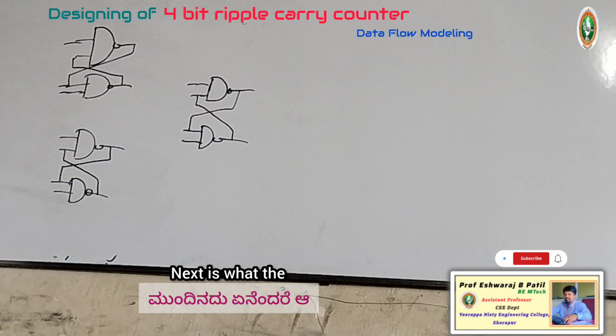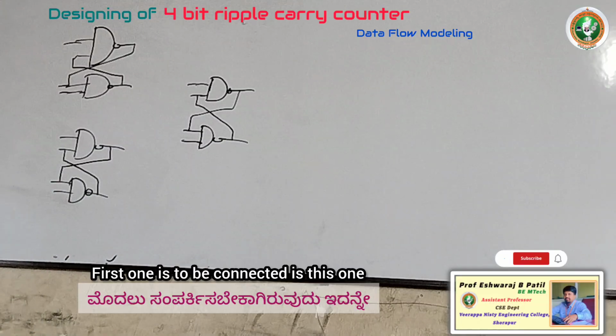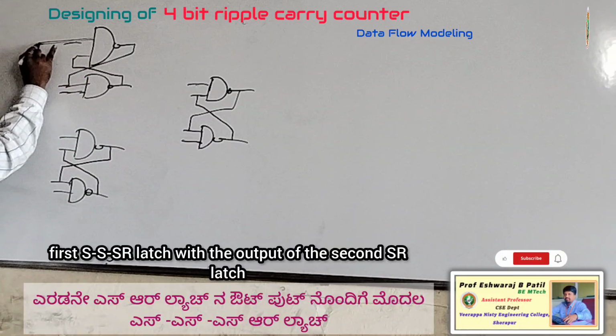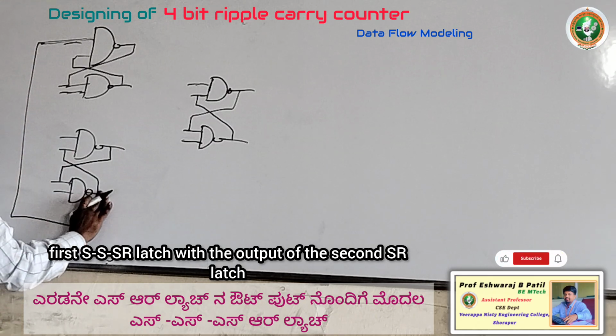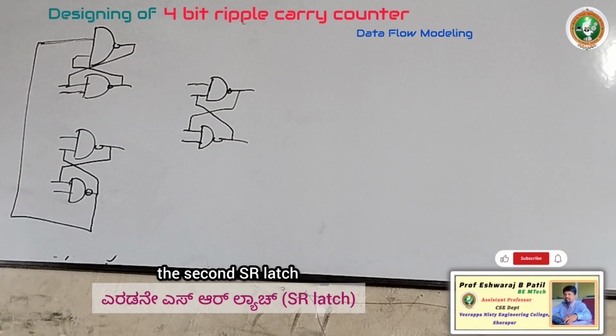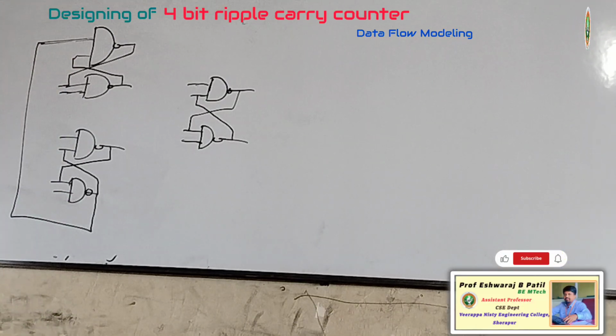Next we have to interconnect all of these. The first one to be connected is the first SR latch with the output of the second SR latch. Just connect the first SR latch with the second SR latch. This output of the second SR latch is given as an input. First one is over. Next,